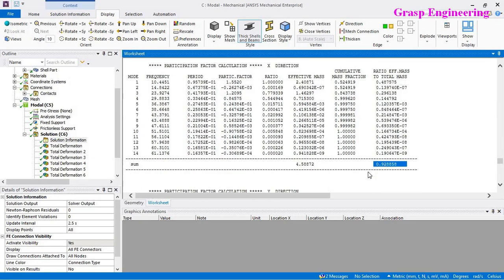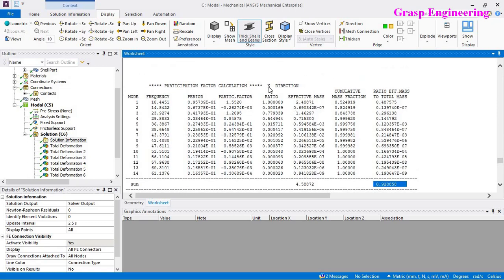It represents that 92% of the mass is captured for the X direction up to 14 Hertz, and the maximum mass is in the first mode shape. At 10 Hertz the mass participation is 0.48, so you can say 48% of the mass is at 10 Hertz. This information is useful if you are facing a resonance issue. In that case, based on this mass and frequency, you can easily stiffen your structure.